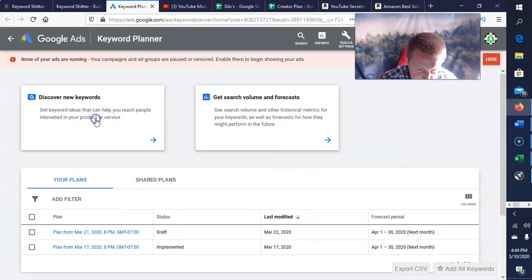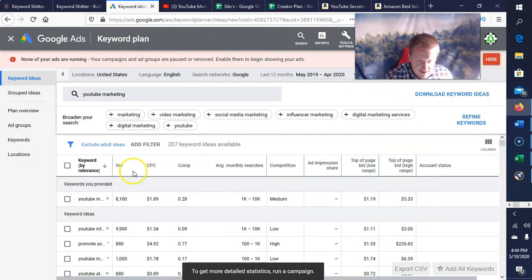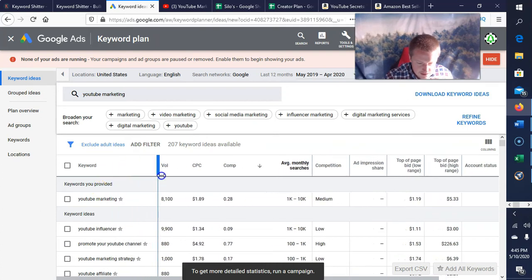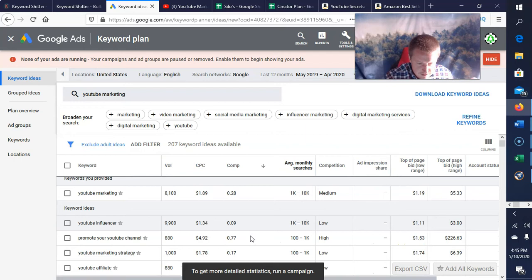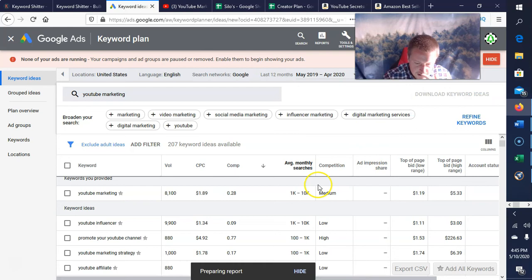And then the last one is the old keywords planner results. Sorry, I'm going pretty fast. I just realized that. But this is what you do. And if you follow my steps where you go through each one of these, you're going to be able to find more. See, this is already giving us some better keywords than we got from the keyword shitter because there's relevancy, whereas the keyword shitter is just shitting out keywords. So then we download these keyword ideas, open this one, and we'll do the same thing we just did.